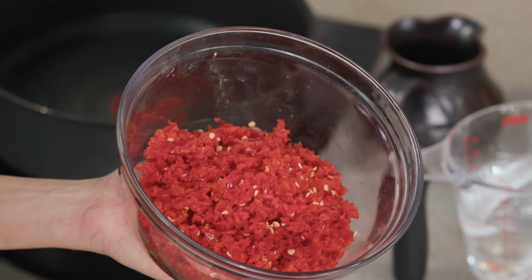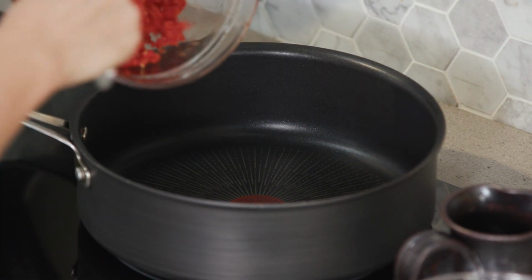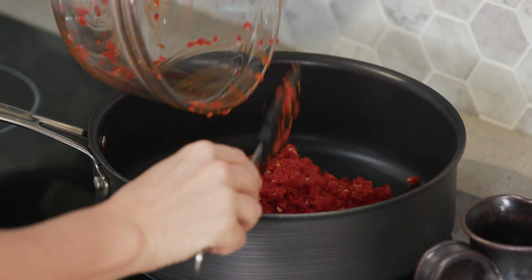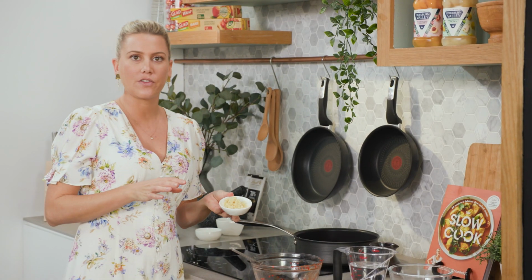Now I'm changing it up today and cooking on my induction because I want a high heat to start with, and then turn this down to a really low heat to gently cook the sweet chili sauce. So in with our chilies first, and some ginger, and I like quite a lot of ginger in this